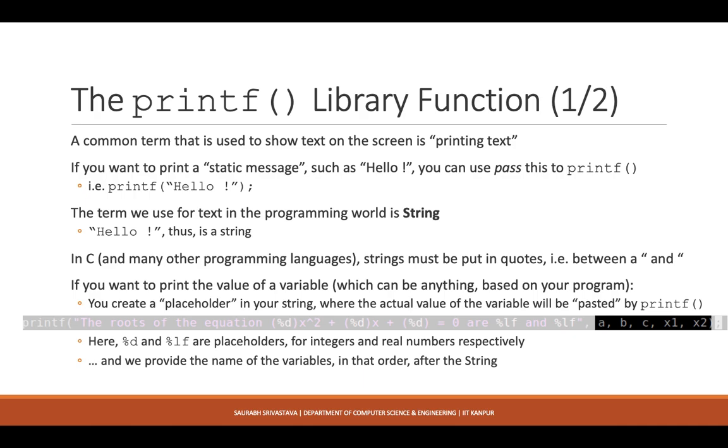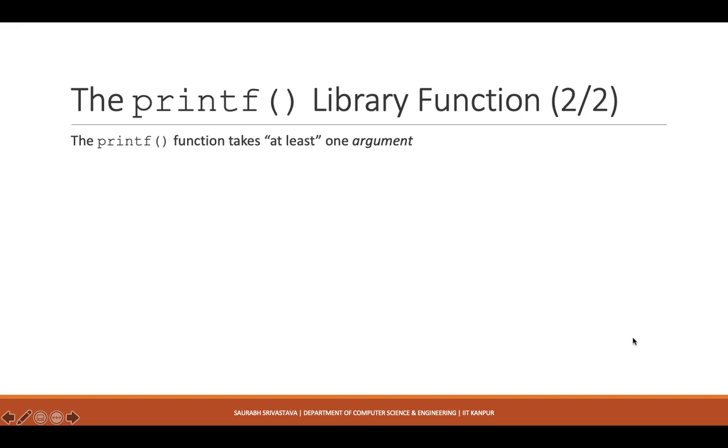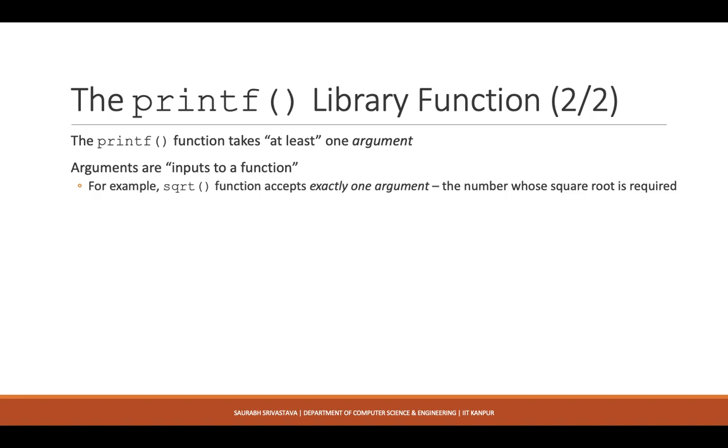And what are these values? What are the values that printf is supposed to replace them with? Well, we simply supply them after this string. So it is possible to call printf like this, where I am not supplying any values after this particular string, because there are no placeholders. But if there are any placeholders in my string, I simply supply all the values for that printf statement right after this string. One thing that you have to understand is that printf takes at least one argument, the string that you are supposed to show.